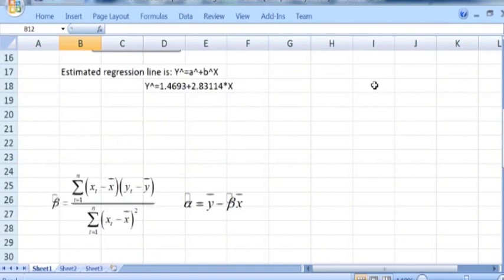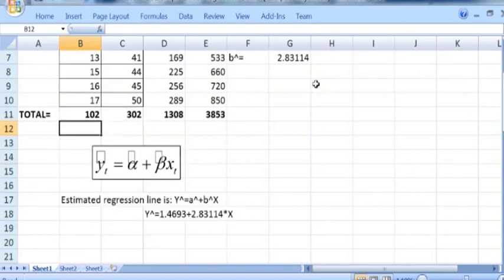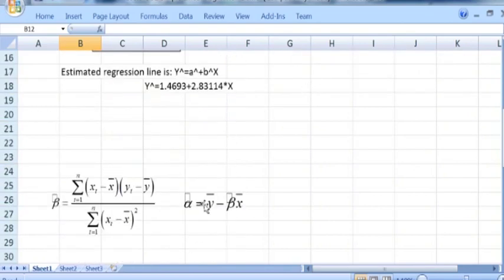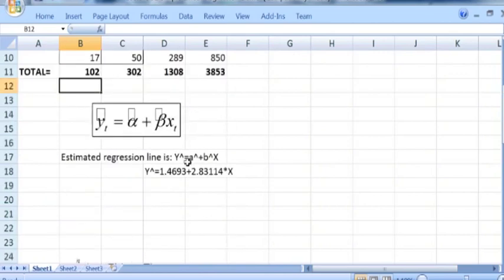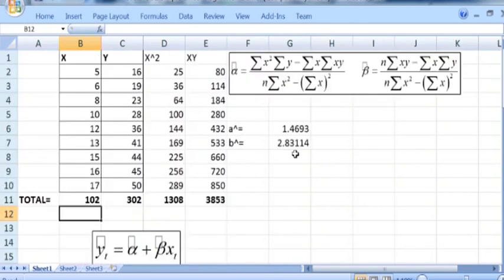So first calculate beta hat using any of the formulas, and then calculate y bar as well as x bar, and then plug in the values of y bar, beta hat and x bar, and use this formula to calculate alpha hat. So whether you use this formula which I have used now, or this alternative formula of alpha hat and beta hat, the calculated values of alpha hat and beta hat will remain the same. So this is how to calculate the estimated regression line.